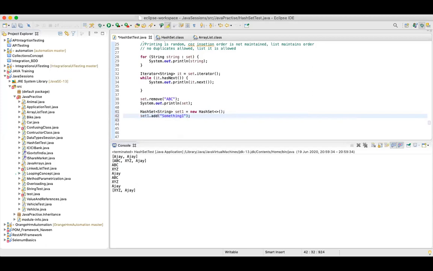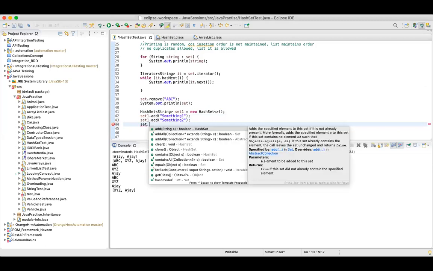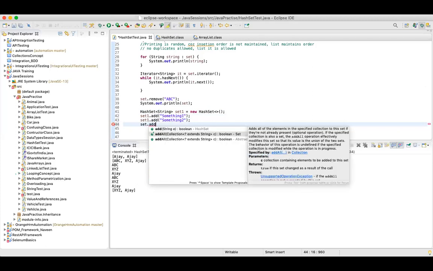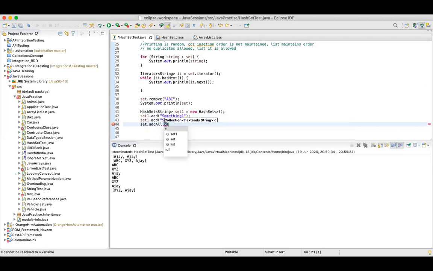I'll copy and paste so that we don't waste a lot of time. And this is my main set, and I can have a method addAll, and this is my set1. Clear? Now all the elements in set1 will get added to set.